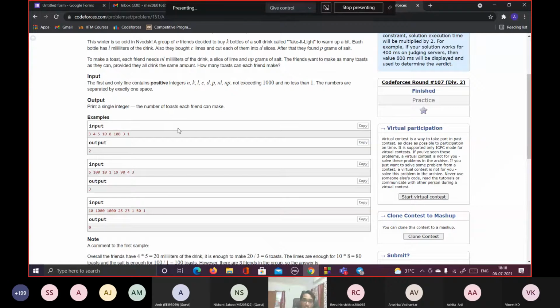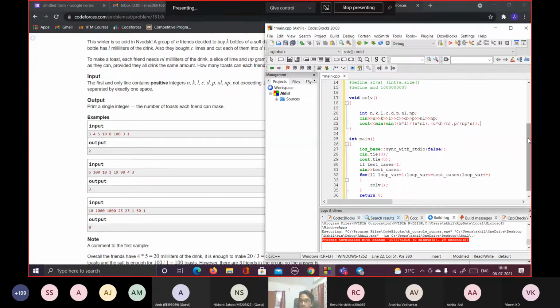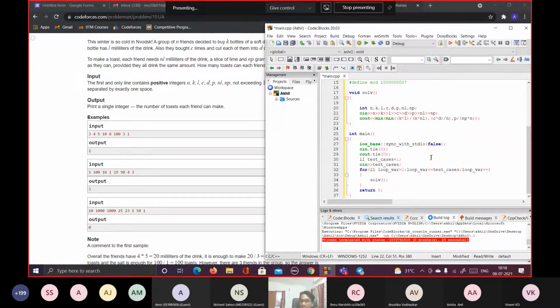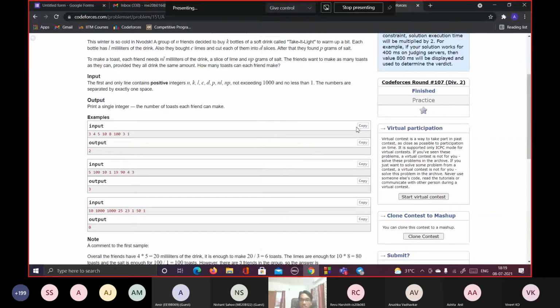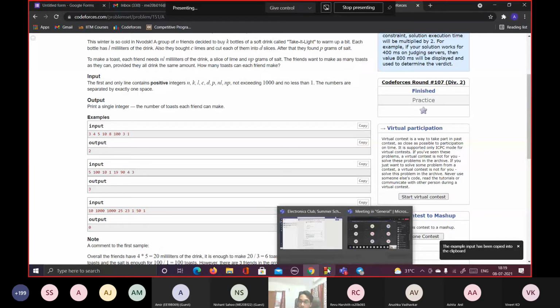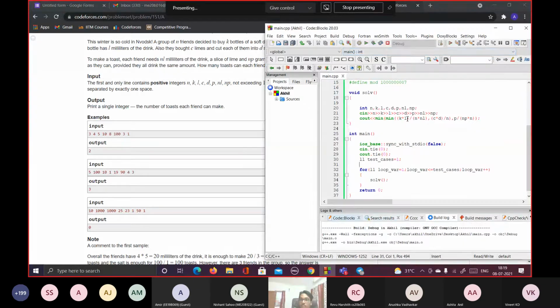Here the input just has one test case, but if you solved the later problems in the problem sheet, some questions need test cases as well. So for that test cases part, you need not waste time writing code again, so it's already pre-written here. But since here there's no test cases, I'll just remove this line over here. This for loop will run one time and call the function solve, and it will print it. So let's just copy one of the questions and check once. I'll just build and run this.